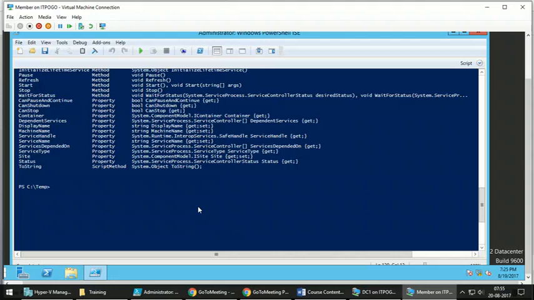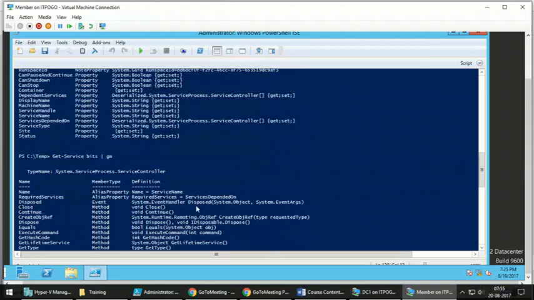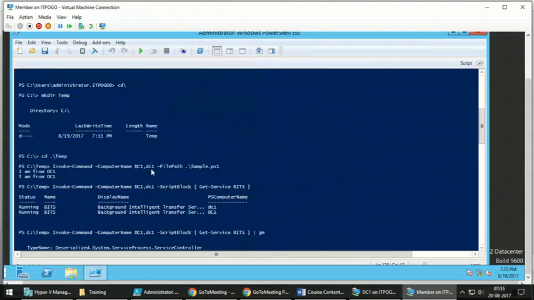Oh, okay. See, what will happen when you run a script against the remote computer? Here I have written only 2 lines. So what will happen when you give this command, invoke command, computer name? Suppose you are giving 10 computer names and the script file path. This script file will get copied to all those 10 computers in some temporary folder. PowerShell will execute that file on the target machine, and whatever output is generated on the target machine, it will show it on your screen.